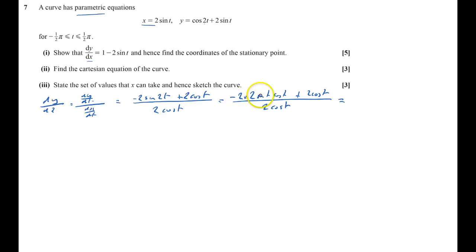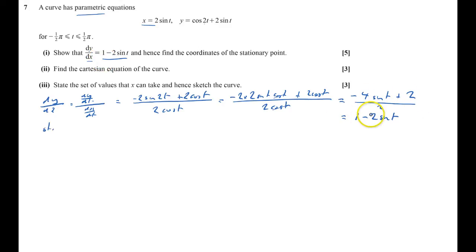Minus 2 times that will be this minus 4 cos t. That cos t will cancel out with those, so I divide by one of my cos t. Minus 4 sine t plus 2 all over 2, which equals, I'll put it the other way around, 1 minus 2 sine t. So I've differentiated it, I've got what they wanted,